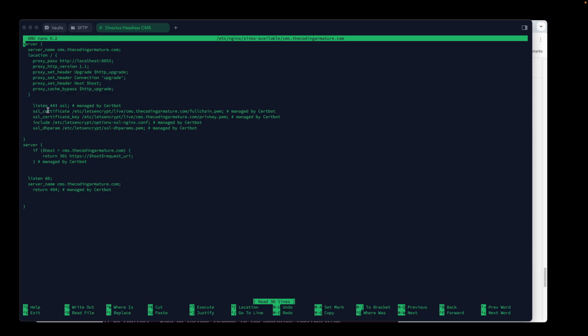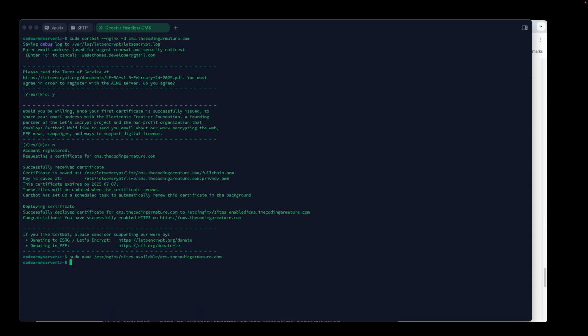So we have here listen 443 ssl and managed by Certbot. So certbot would have made modifications to the config file in order to allow the security that is needed, or to secure the domain. All right, so let's come out of this, Control X, let's clear,